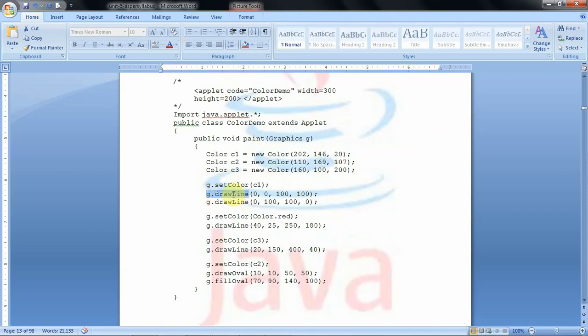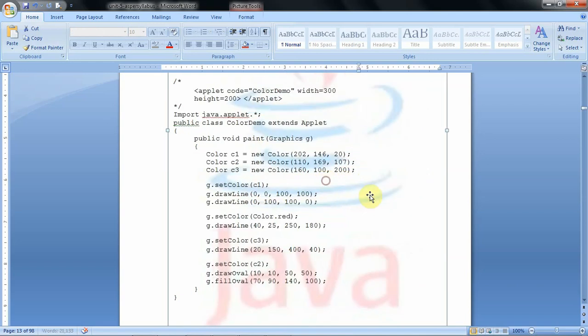Then we draw two lines. g.drawLine is used to draw the line. For drawing the line we require a total of 4 values, that is x1 comma y1 and x2 comma y2. x1 comma y1 is the starting coordinate of the line, and x2 comma y2 is the ending coordinate. So suppose you want to draw the line from this point to this point, we need to give some value for the starting point and for the ending point.